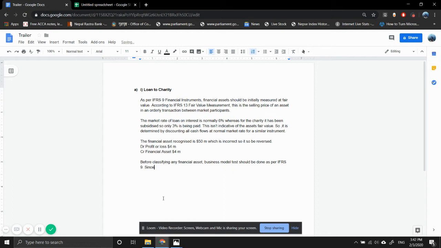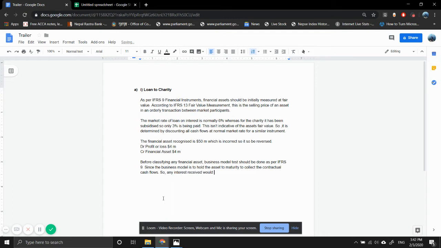For IFRS 9, since the business model is to hold the asset to maturity and collect the contractual cash flows, right? So any interest